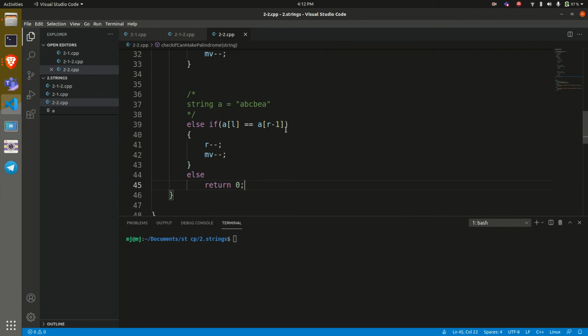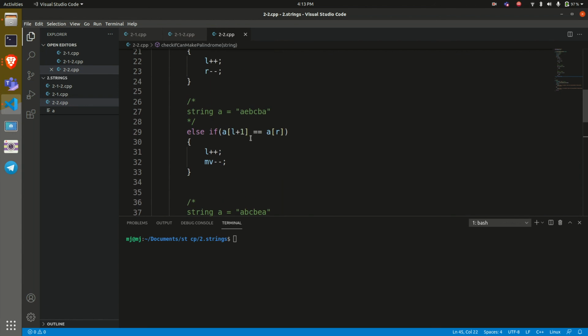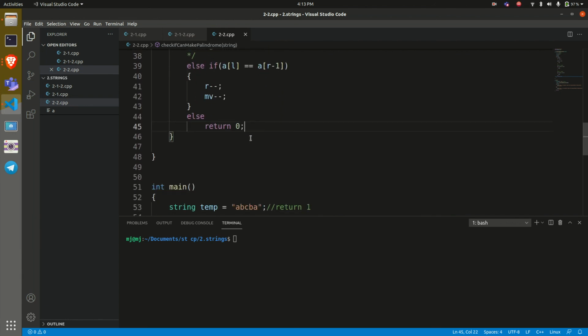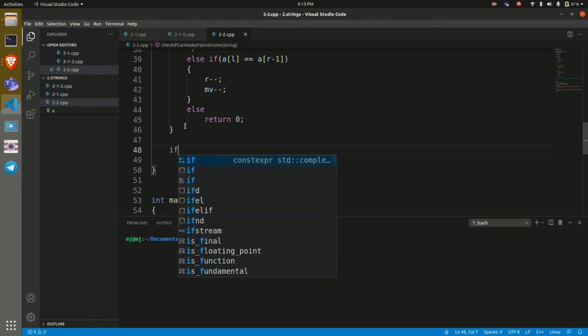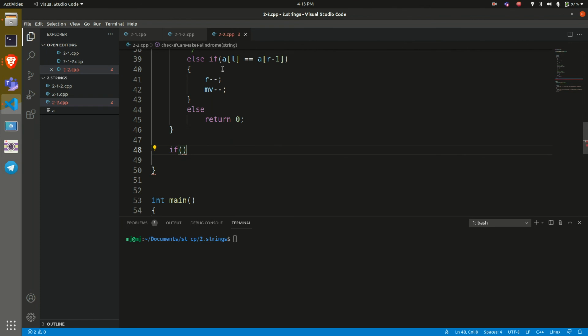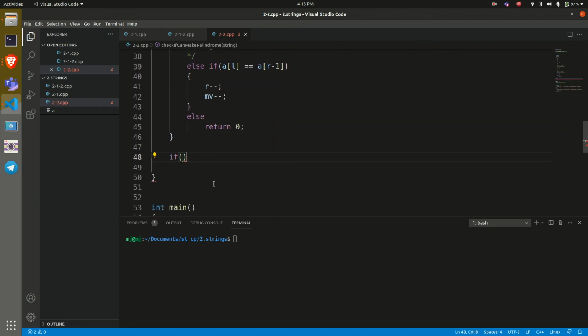And finally, if none of these cases match, then we just return 0. Why? Because this doesn't match the next character, and even this doesn't match the previous character. In that case, we will have to remove at least 2 characters to make it a palindrome, and that's why we directly return 0. And finally, if everything matches and we exit this loop by traversing the entire string, then we just check the value of MV.